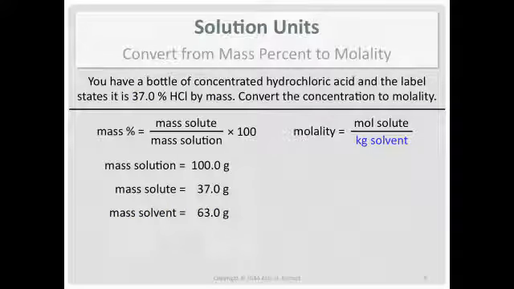Okay, let's go look over at molality. We need the mass of the solvent. That's supposed to be in kilograms, but we can do that. That's easy. Kilograms to grams, we've already done that. We need the moles of solute. Well, we don't have that. We have the mass of the solute. Well, we've done a molality calculation before. What's the link between mass and moles? Molar mass.